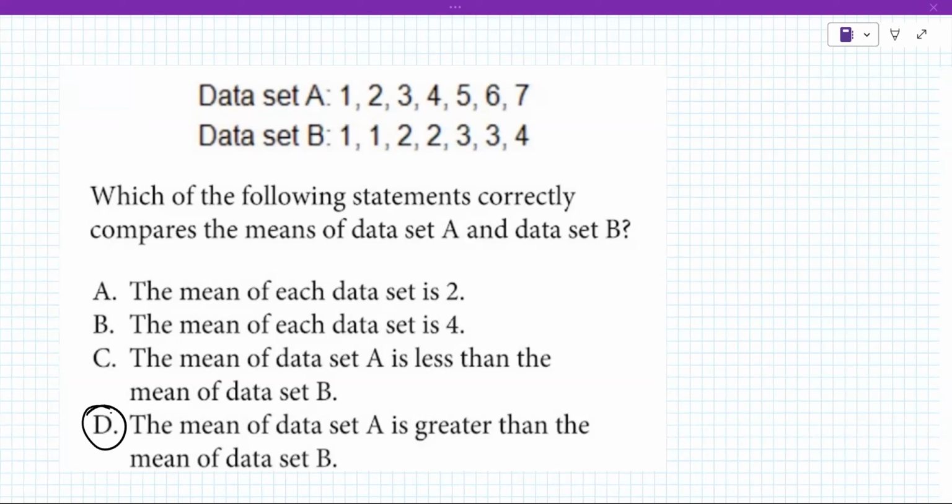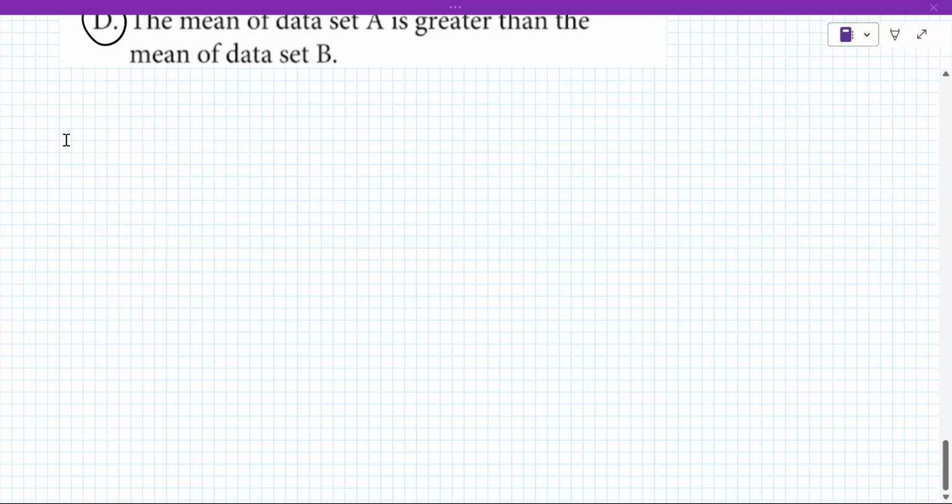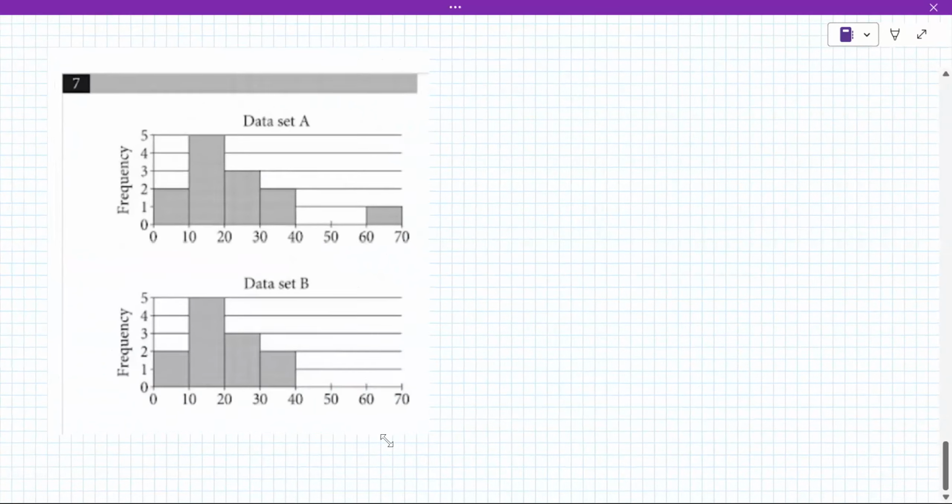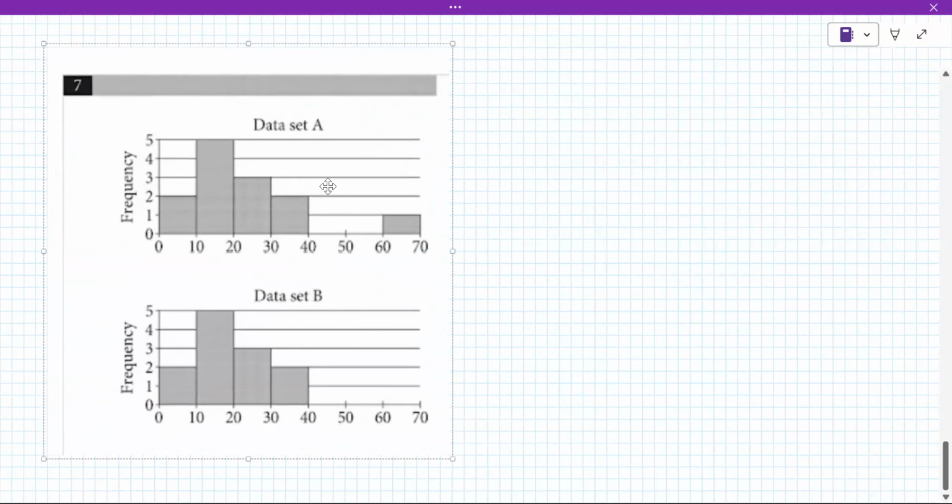This is a really similar problem. I'm going to do it kind of in stages here. I want you to look at this graph here. And a lot of times on standardized testing, you just have to decide what's the same or what's different about them. Can you look at these two data sets and tell me what's the same and what's different?